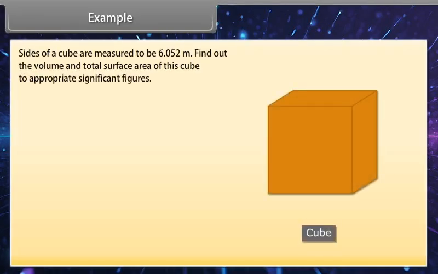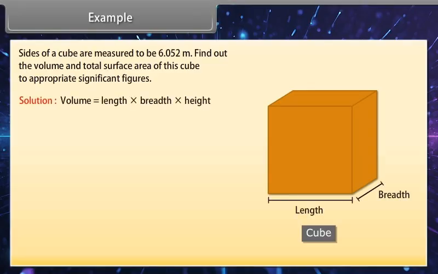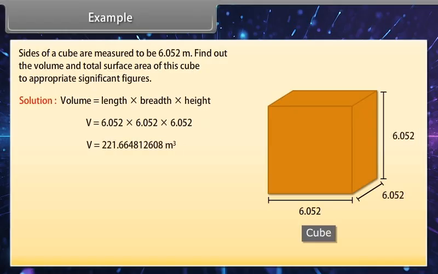Example. Let us take an example of significant figures. Sides of a cube are measured to be 6.052 meter. Find out the volume and total surface area of this cube to appropriate significant figures. Let us see the solution. Volume is equal to length into breadth into height. After calculation, we get V =